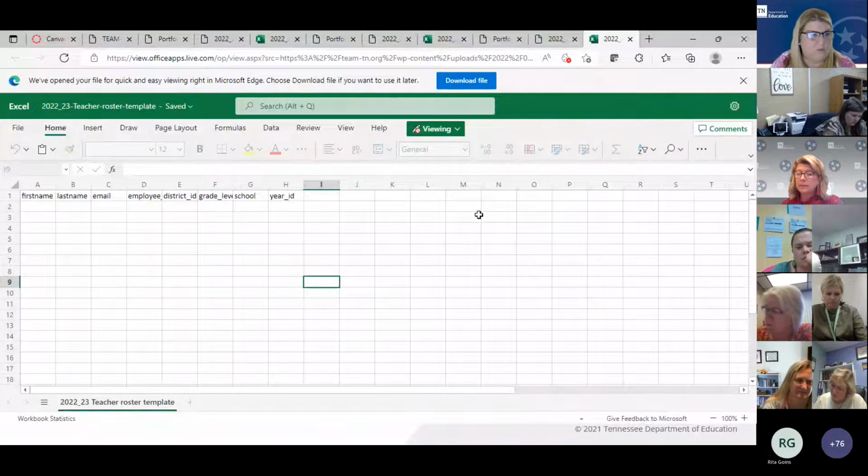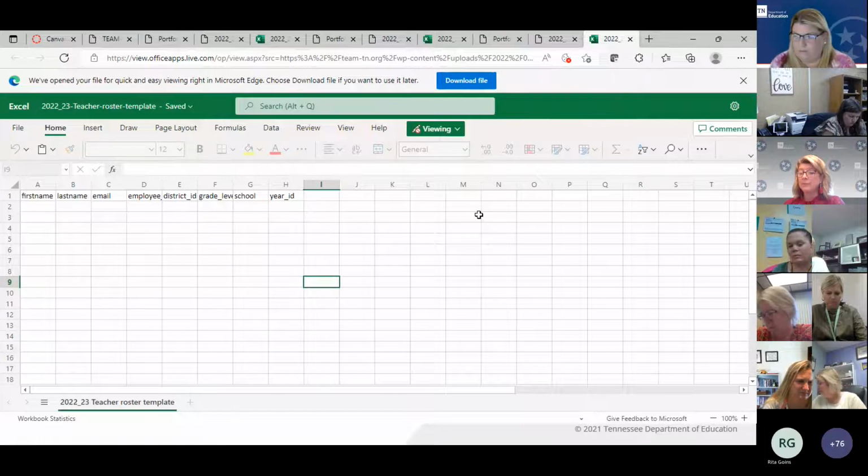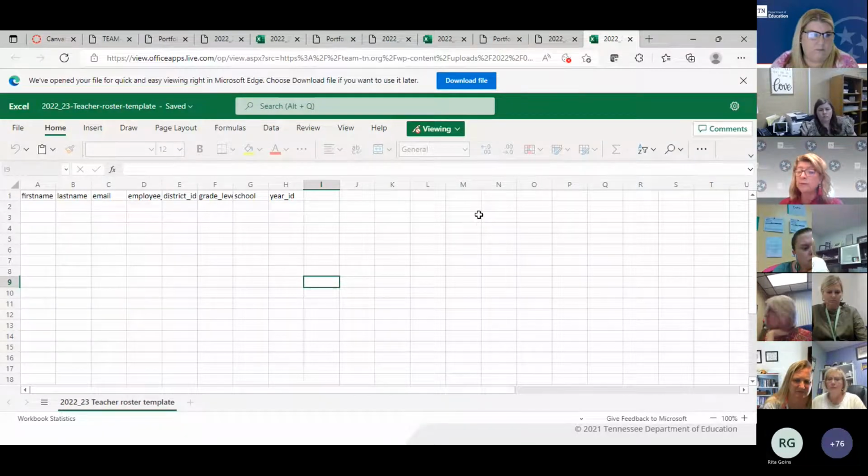I will say, I would like to ask this or make this comment. Everyone who is designated the portfolio lead in a district, we use the listserv for everyone who has been rostered by their district. As the portfolio lead, they all should have received at least 2, if not 3 emails this week from portfolio questions or from me. The last one that I sent had reminders with these links in it. So if you are a district portfolio lead and you have not received an email from me and or portfolio questions this week,